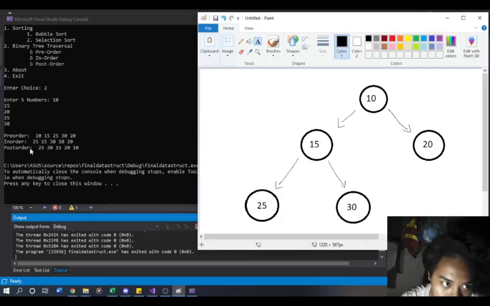Okay, first left 25, root 15. Okay, and then right 30. Okay, and then we're going upwards into the root 10. Okay, and then right again 20. Okay,